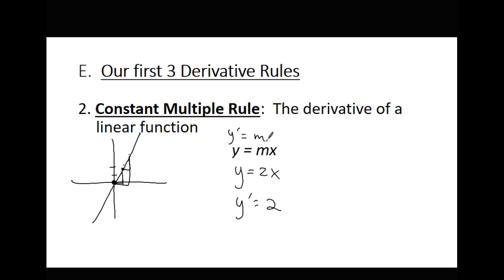It doesn't matter what point you pick. So even if you were to do y prime of 3, it's just going to be whatever the m value was anyway. It doesn't matter what you plug in here. The slope is always the same. Okay? So the slope is always the derivative